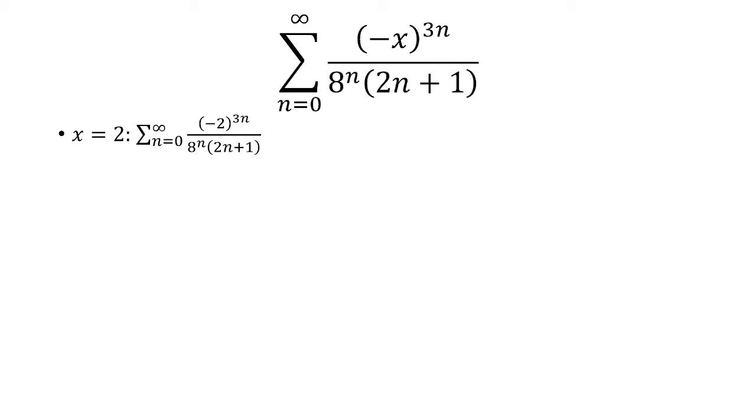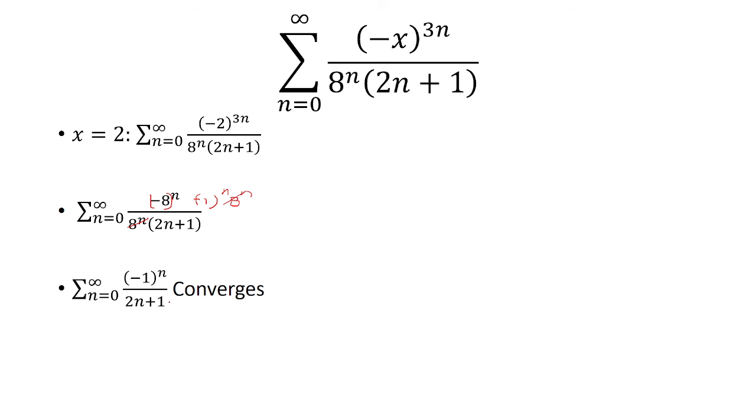So now we have to test x equals 2. So plug into this top equation here, top series. And then, again, negative 2 cubed is negative 8. Raise that to the nth power. So the negative 8 is technically, the negative is part of the exponent. So I guess I should write it like this. I should have negative 1 to the nth times 8 to the n. So that's what that numerator equals. So the 8 to the n is going to cancel,